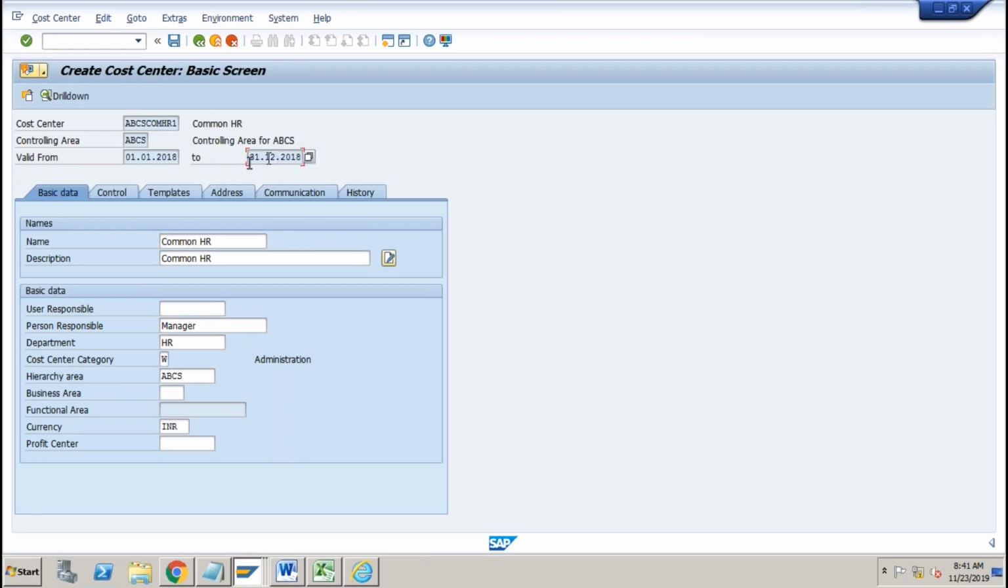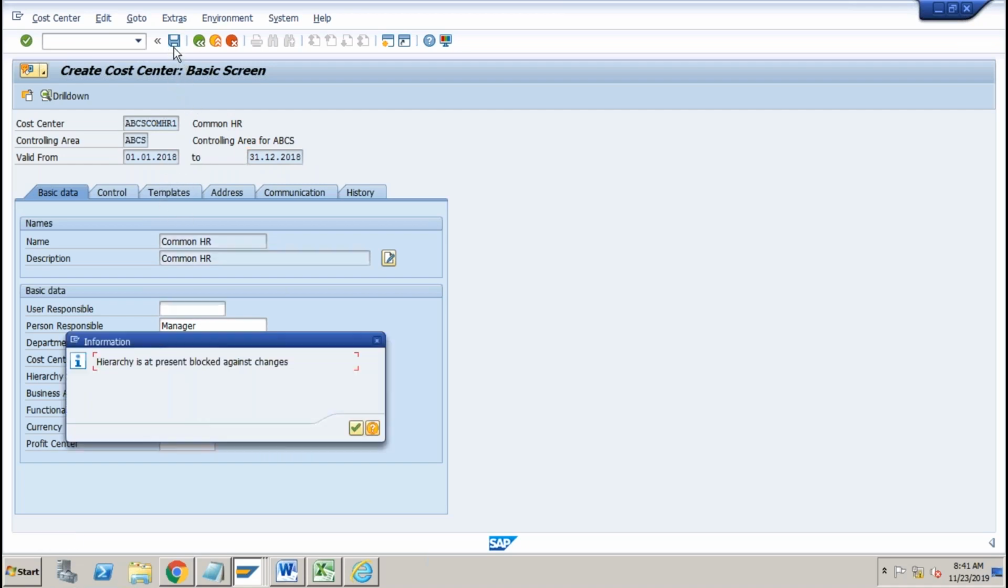So mistakenly, if you created a cost center and then you want to extend it to some other period, it will allow, but it will create two analysis periods. I'll show you what exactly I mean. So if I copy all this information and save it,